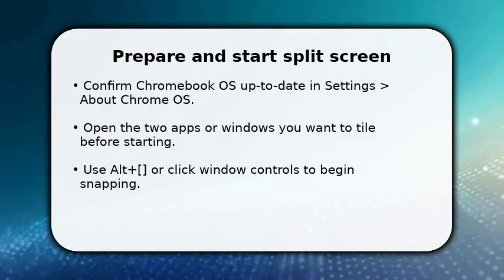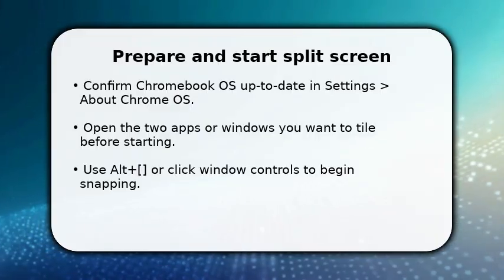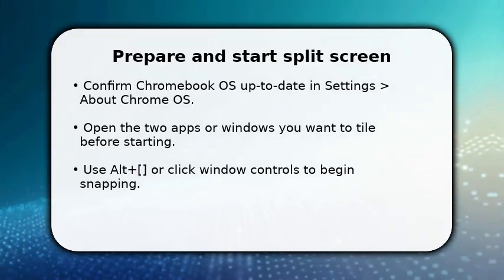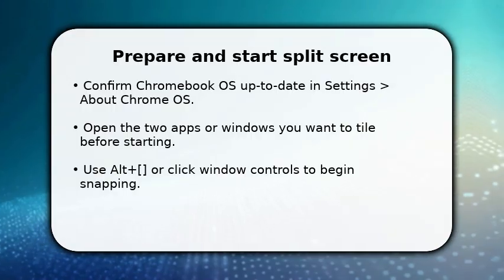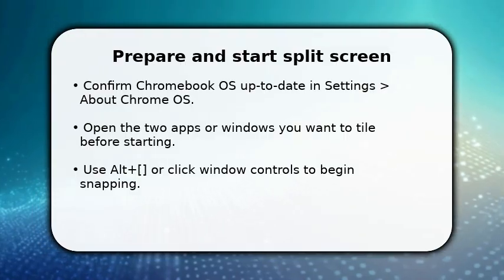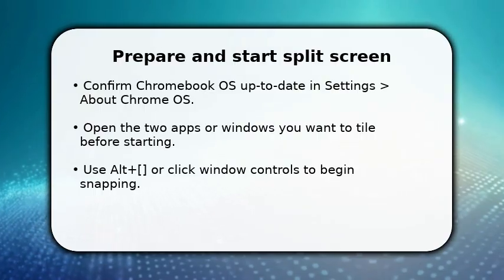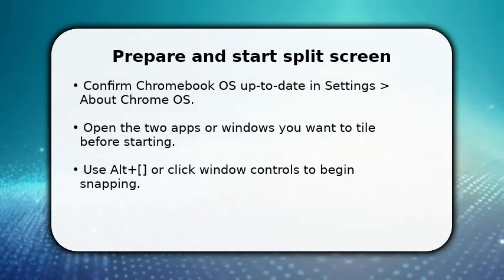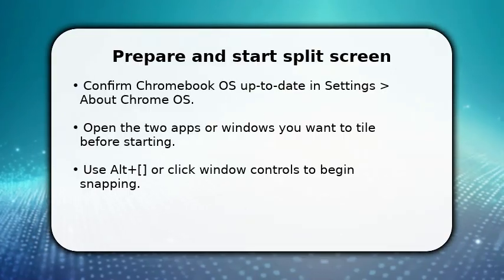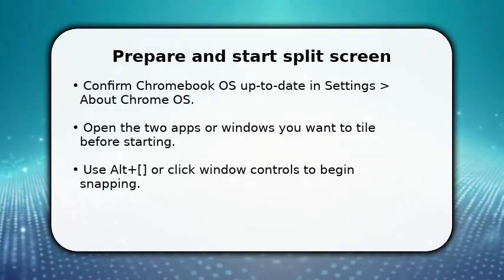Enjoy the video. You will start by getting two windows ready. Open both apps or tabs you plan to use. Once done, position the first window by pressing Alt and the [ or ] keys, or click the maximize icon and choose Tile Window to left/right. This immediately pins the first app at one side of the screen so you can pick the second. Make sure both windows are not minimized and that you're using a standard Chromebook screen orientation for predictable